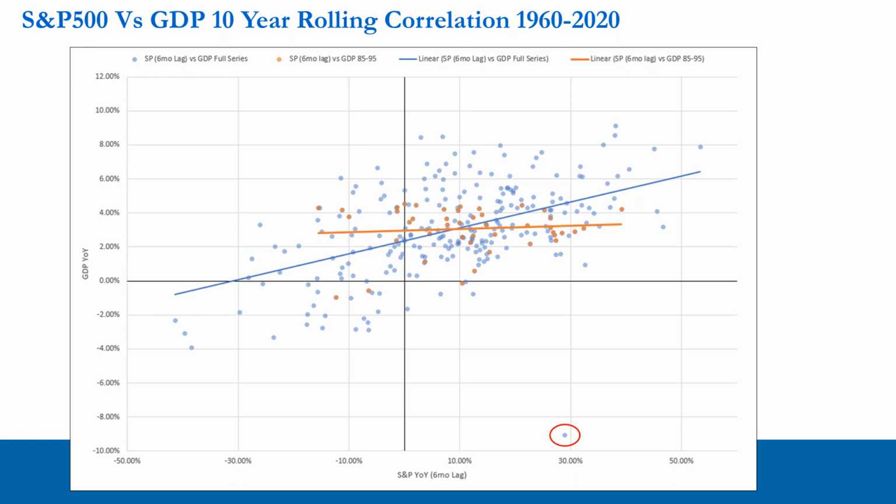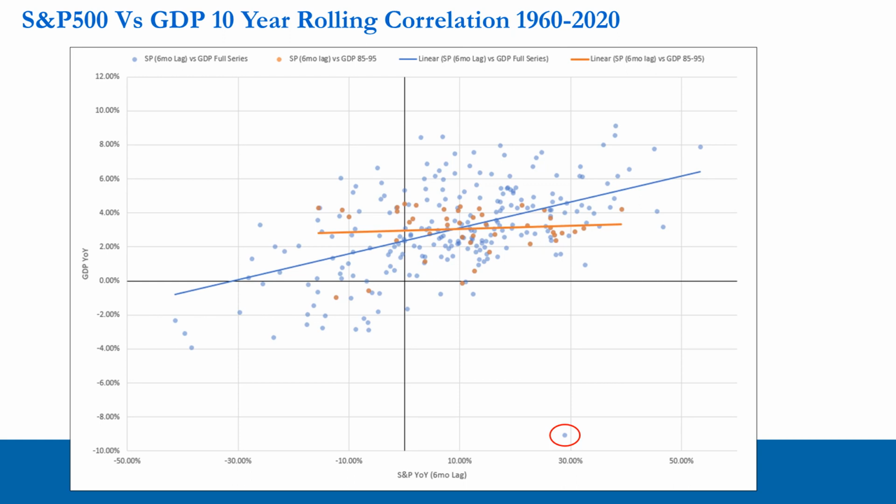with the 6-month lag. So on the top, when we look at the key, what have we got? Well, first of all, in the pale blue dot, we've got the S&P 500 6-month lagged data performance versus GDP. So the correlation of those two, and we've got the full data series in pale blue. And how does that look visually? Well, we've got a quadrant here on the screen, where if you look at the pale blue dots, you'll see top left, top right, bottom left, and bottom right quadrants.